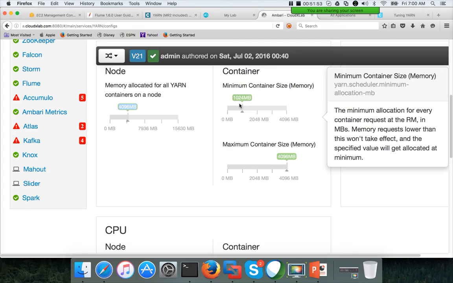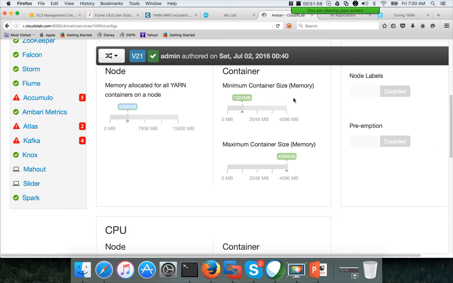Let's talk about the container settings. So this container settings will actually determine the minimum and maximum number of mapper and reducer tasks that can be executed on the cluster, or from MapReduce context.